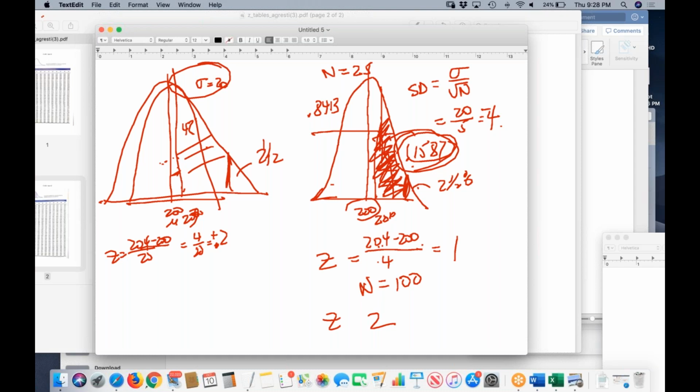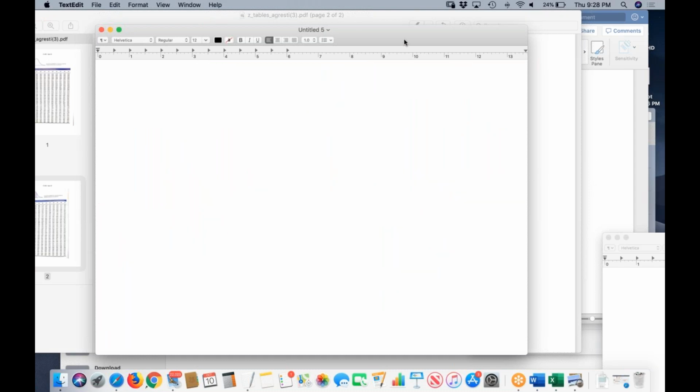We can use this, and ideally, we would love to be able to say, let me just clear this, erase this. So how can we take advantage of this? We would love to be able to say, hey, I took a sample from this population, mu is equal to 200 and sigma is equal to 20. I took a sample from this population